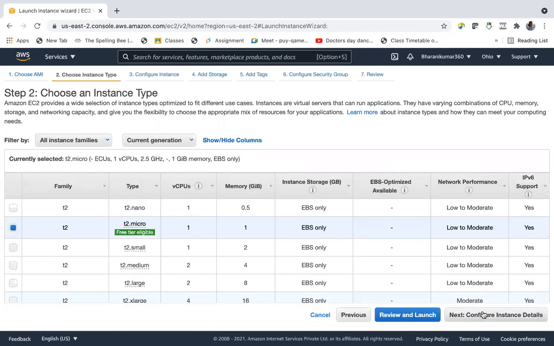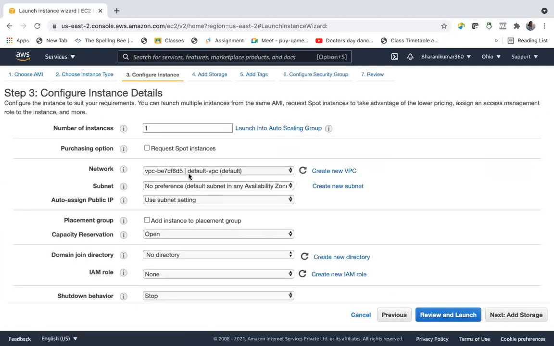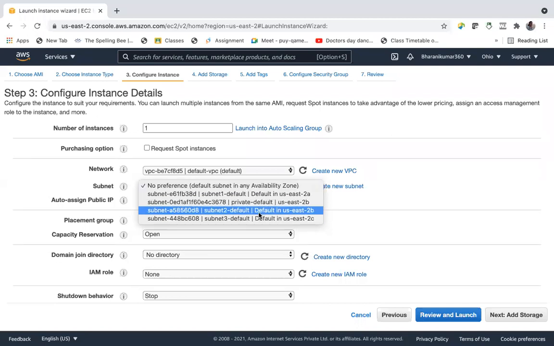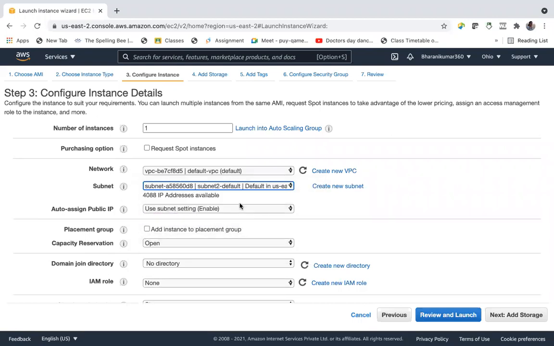Yeah, t2.micro, and it has to be launched in any one public subnet, right? So let us choose 2B or 2A. Anyone would be fine. Let's say 2B. So it's a default subnet and it has a public route.